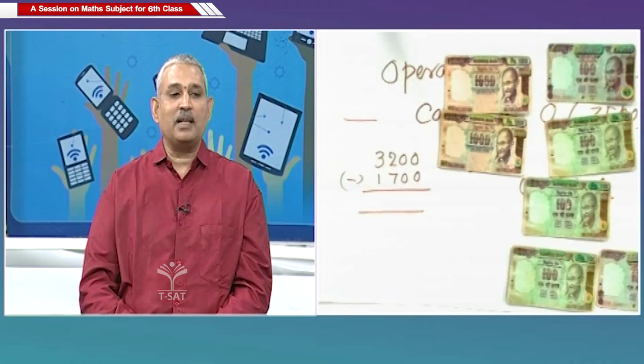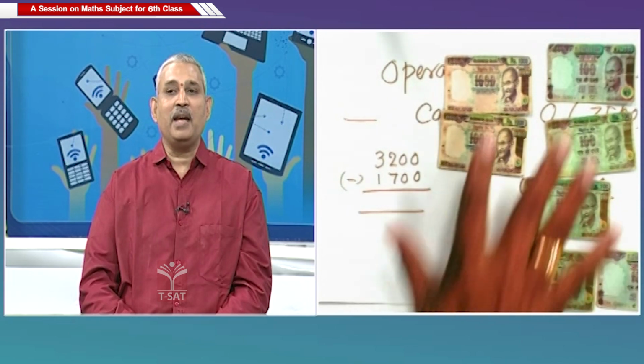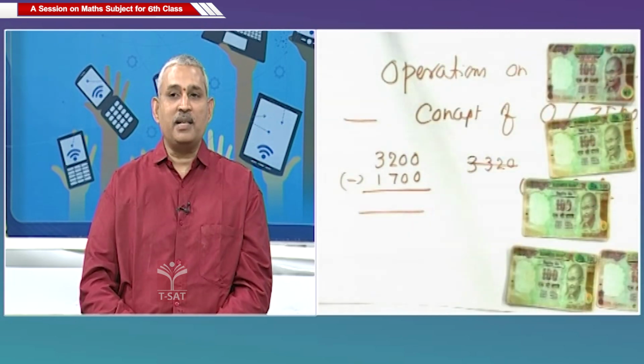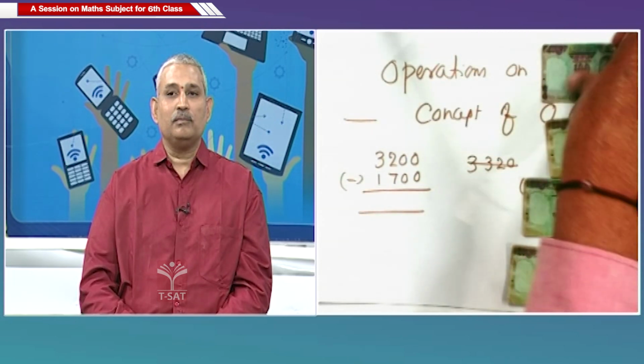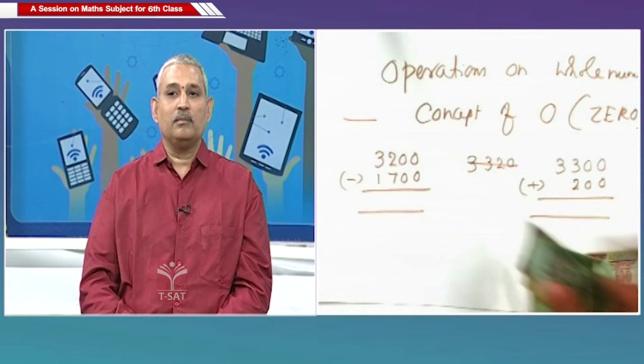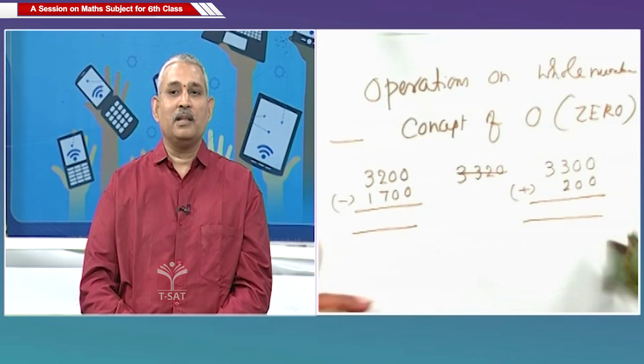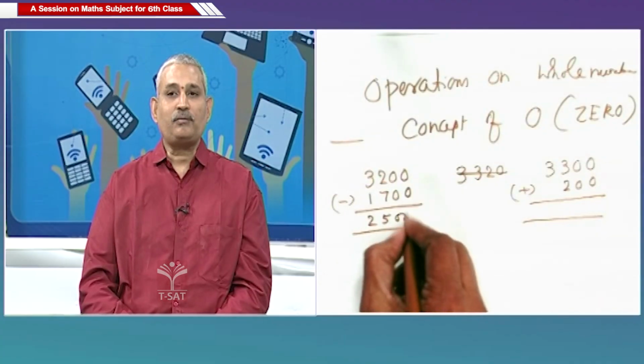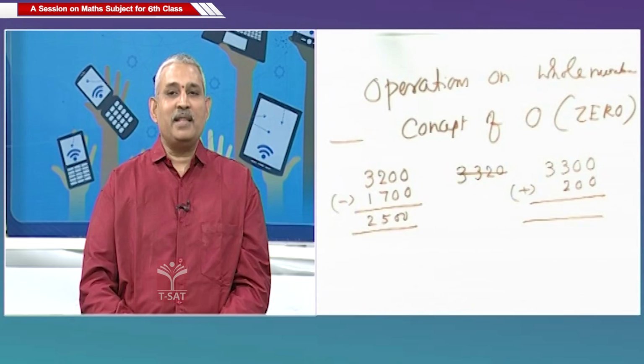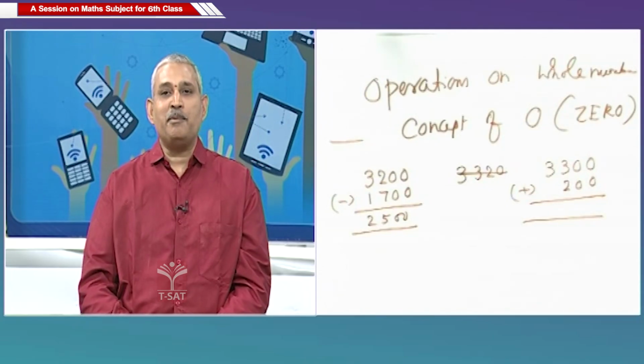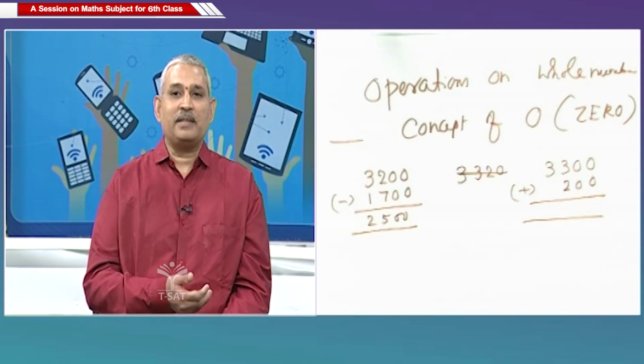So what notes are remaining? If we count, we can see 1, 2, 2000s, and then 1, 2, 3, 4, 5, 500s. So can I write it like this, 2500? Yes. So even this can be done by considering the same type of cards for units place, tens place,